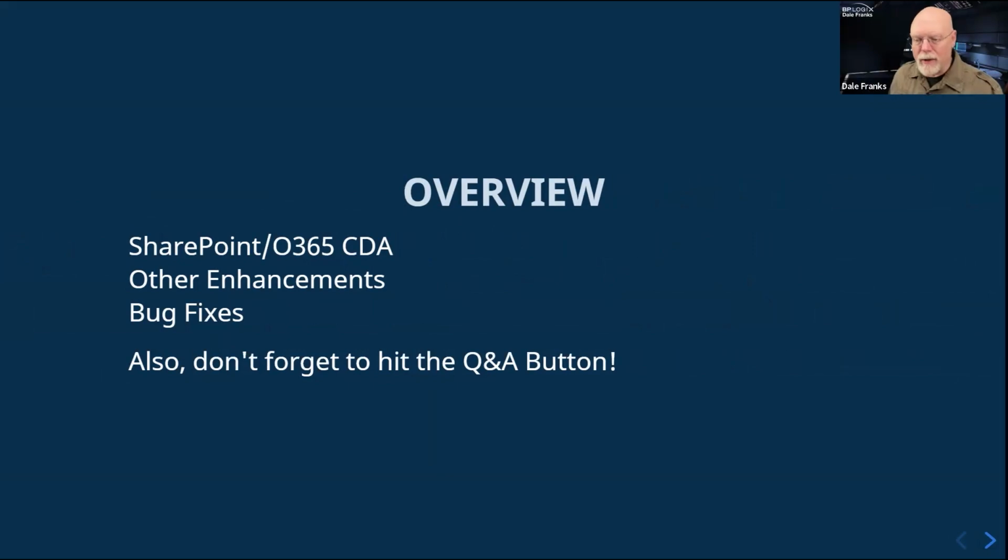It is collaborative document authoring, and we are opening it up for use with Office 365, SharePoint 365, Office installations. Microsoft has gotten very confusing about how they offer Office now, but we're going to make it work with the online version of Office, and that is coming in 6.1.300. We're going to spend some time looking at that today. I've mentioned it before. I haven't had time to get into much detail about it. Today, we're going to get into at least a minimal level of detail about what it entails.